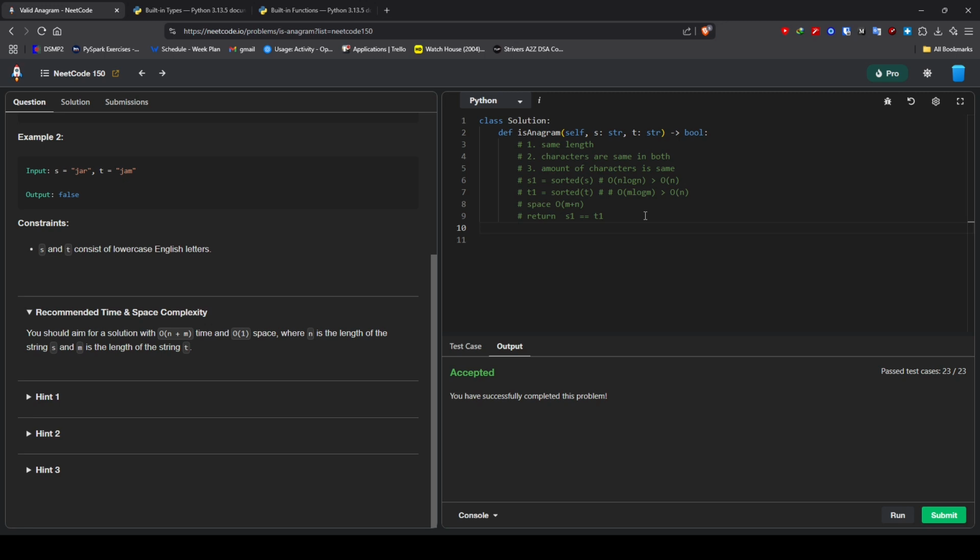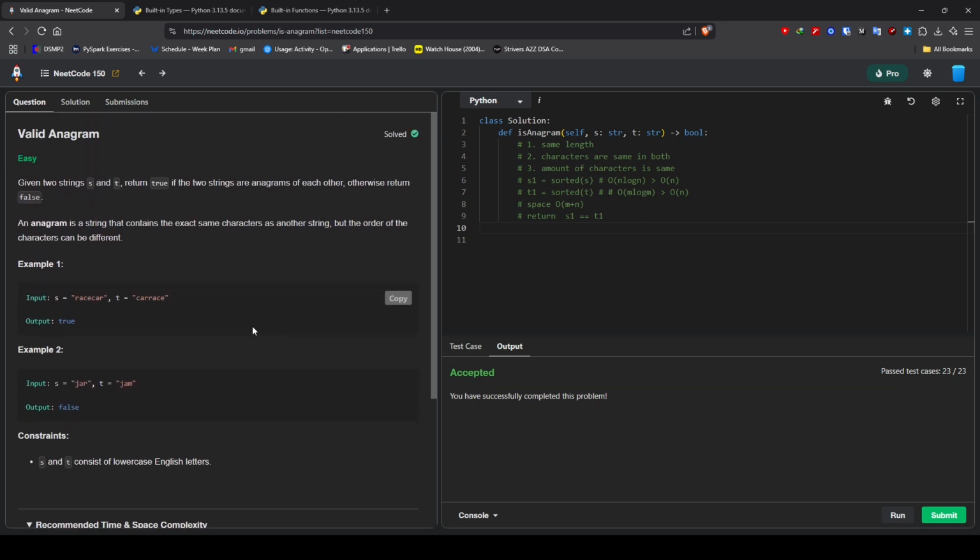Now, coming to the second approach, the second thing that comes to our mind is we can just go ahead and count the number of characters that both of the strings have. And if the characters and their counts are the same, we will just return true. So what I'm trying to say here is we iterate through the string. Let's say for C in S, which is the first string, we just count the number of characters. So let's say I create a counter dictionary, and if C is not in the counter,